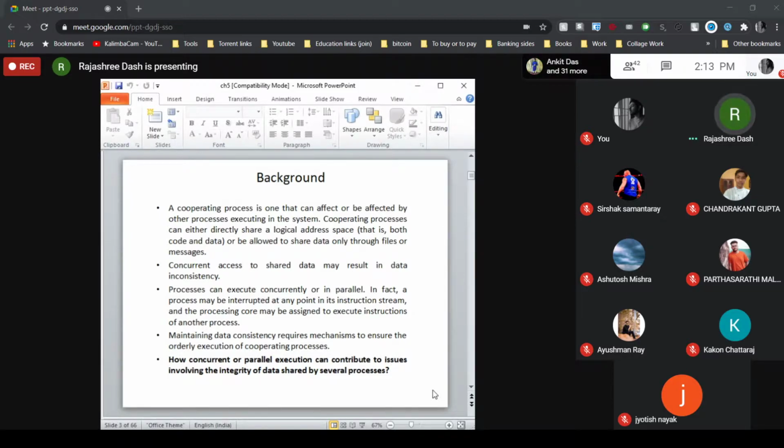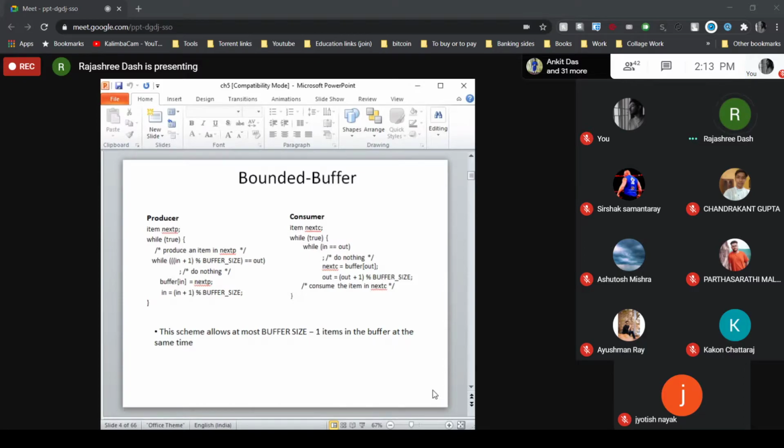For that, let's consider our bounded buffer producer consumer problem. Do you remember the bounded buffer producer consumer problem? Yes. In which chapter have we discussed this bounded buffer producer consumer problem?